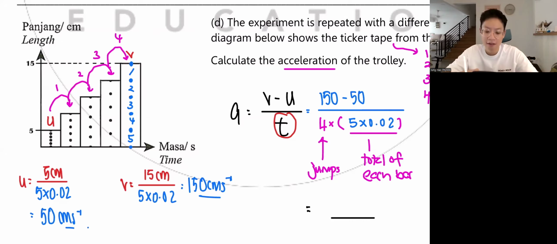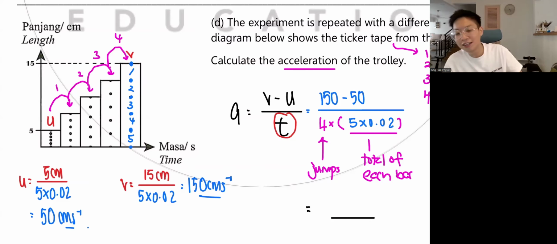Can I trust your answer? What do you all get first? You all tell me, guys. The hidden reason why I want you to do this is because I want to check whether you even know how to press the calculator. So everybody, as a last part for today, please tell me what is your answer. Joel, wrong already. CL, wrong already. For this one, you can leave it as cm.